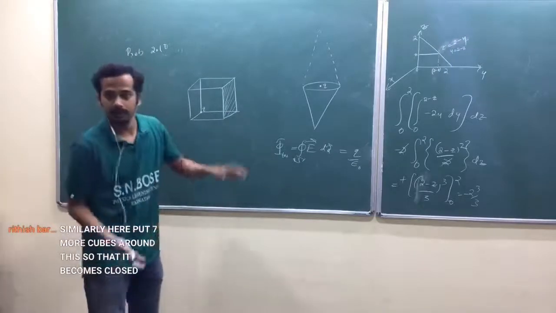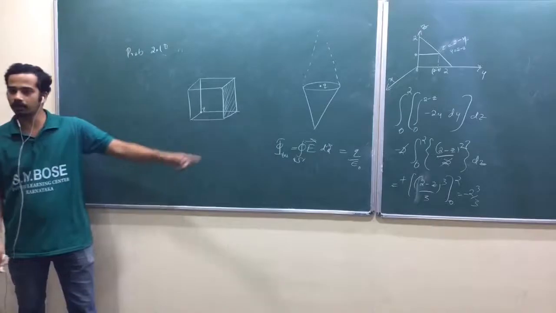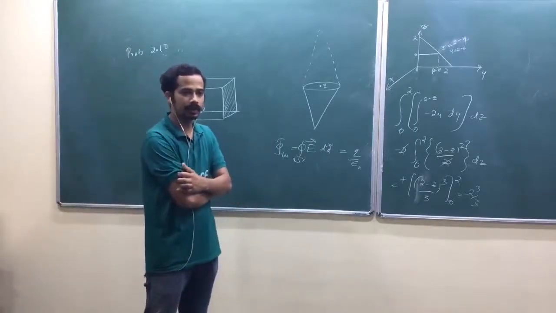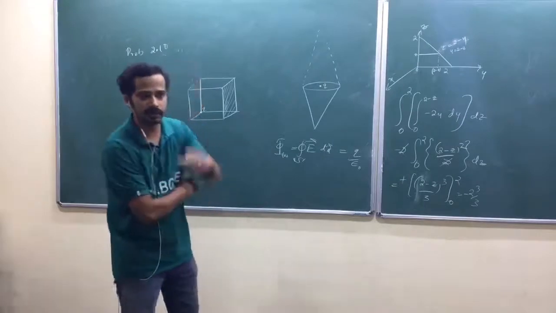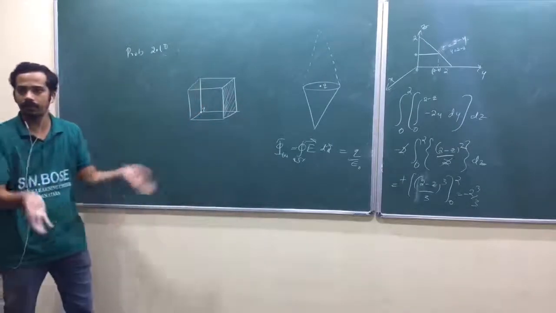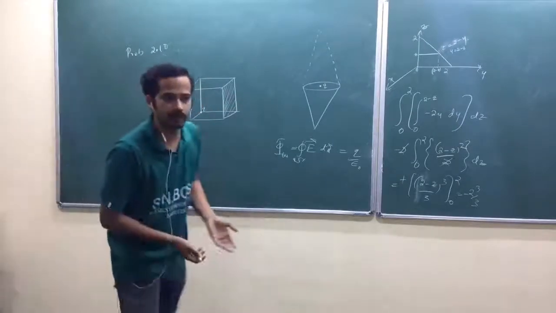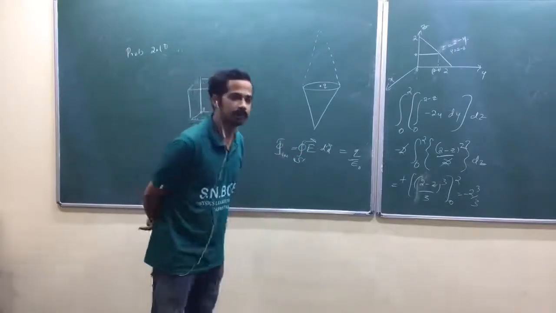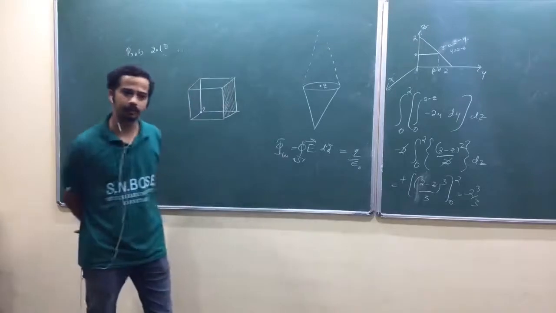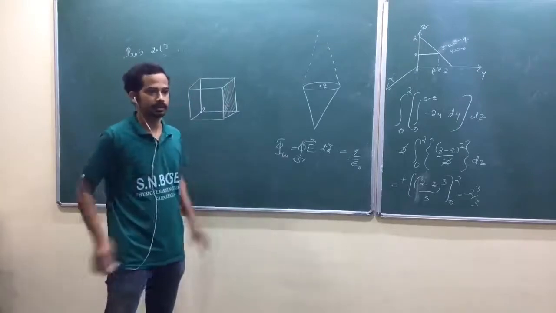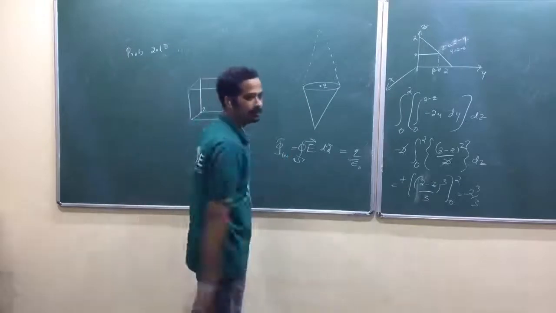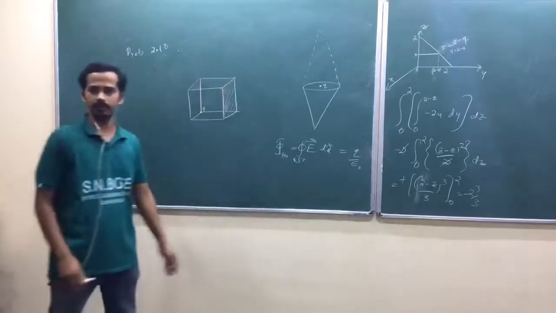Why can I reshape that surface? We proved Gauss law for a spherical surface, do you remember? I can reshape that one because electric fields will not be generated in air. If I reshape the spherical surface, the net flux will also be the same, since the number of field lines passing through the surface will be the same. That's why for any shape of region, you can apply Gauss law.